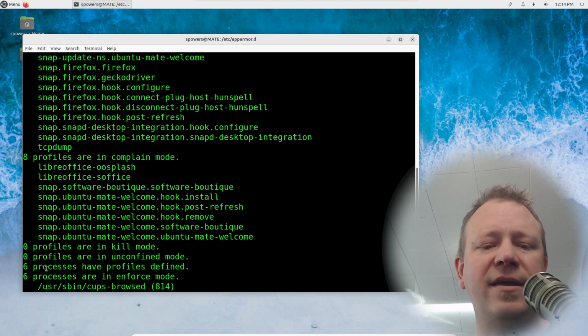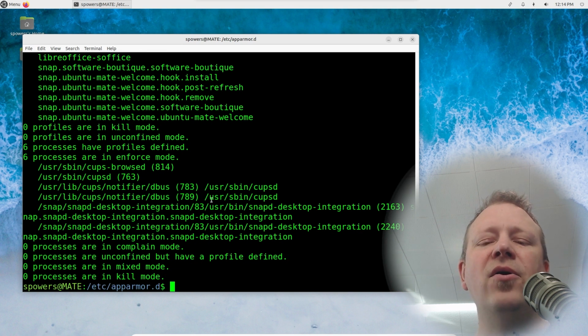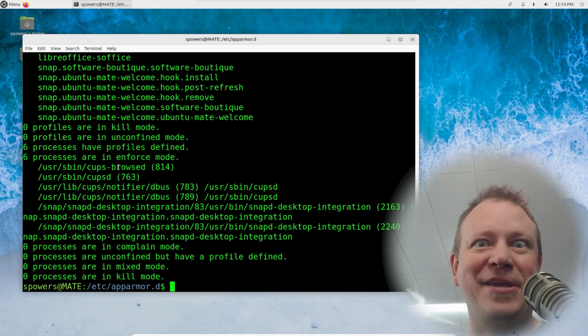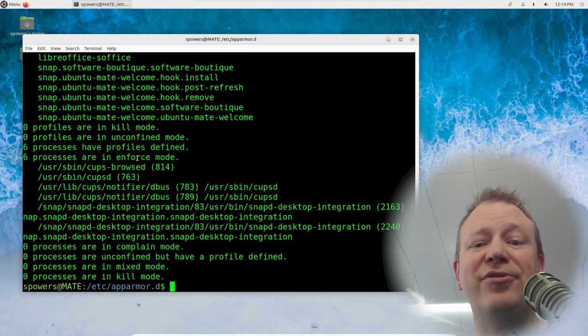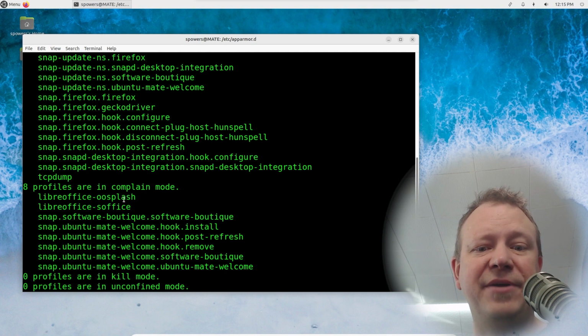We have 6 processes that have profiles. Oh, and there are some processes. It's saying which ones are actually currently being enforced, like the programs are running, because you'll see the man program is not running because I'm not looking at a man page, but these are actually programs that are running. So when it says processes are in enforce mode, that means it's defined and also they're running. And so they're currently being enforced. All right, hopefully that makes sense. But that's aa-status, which shows us what everything is.